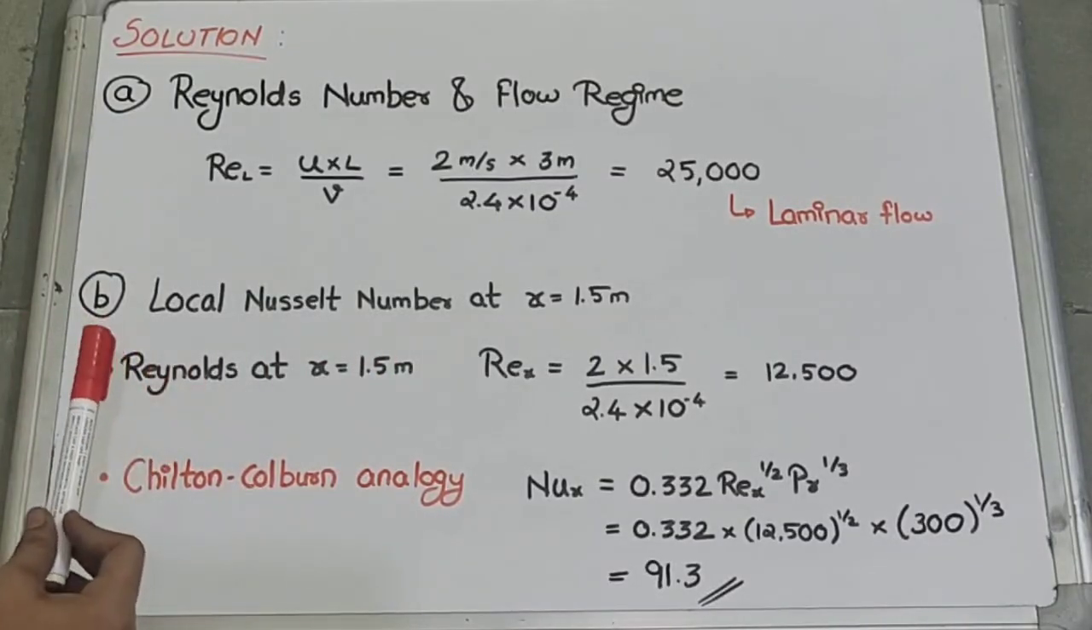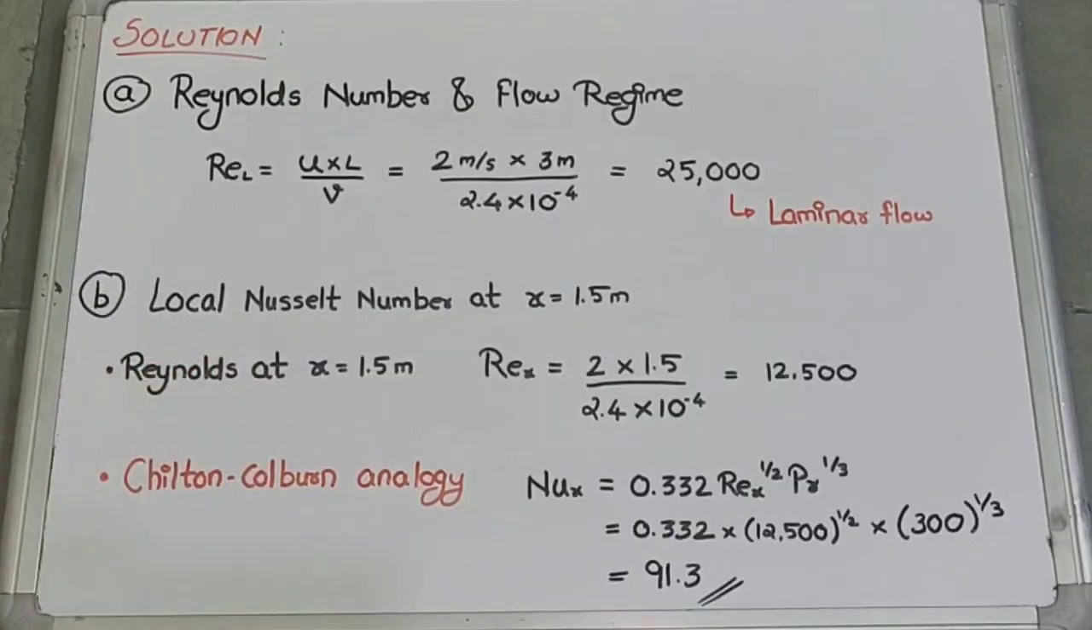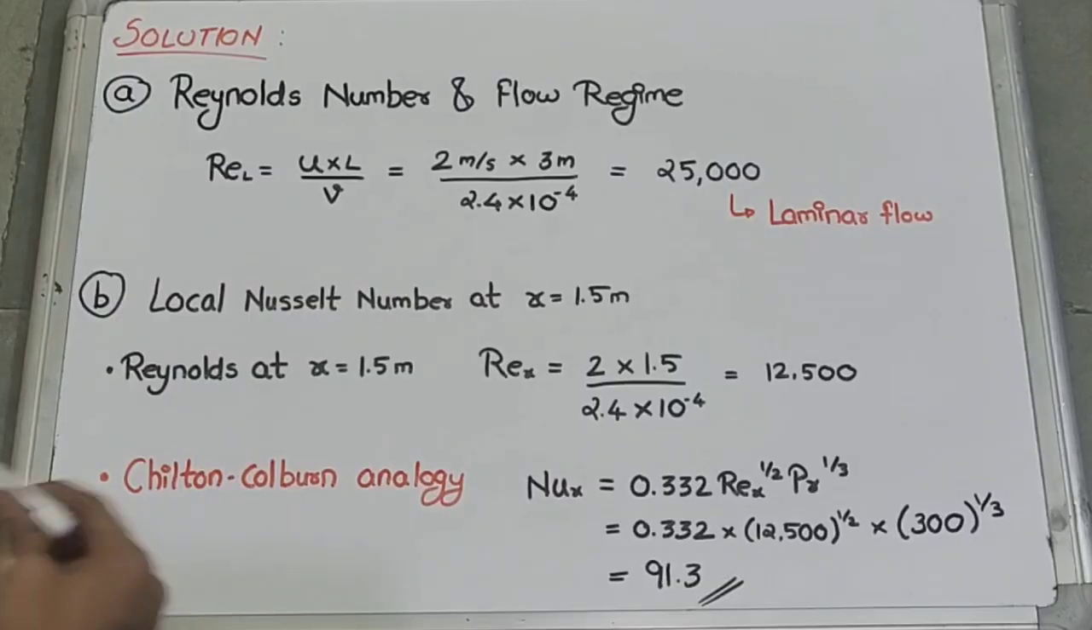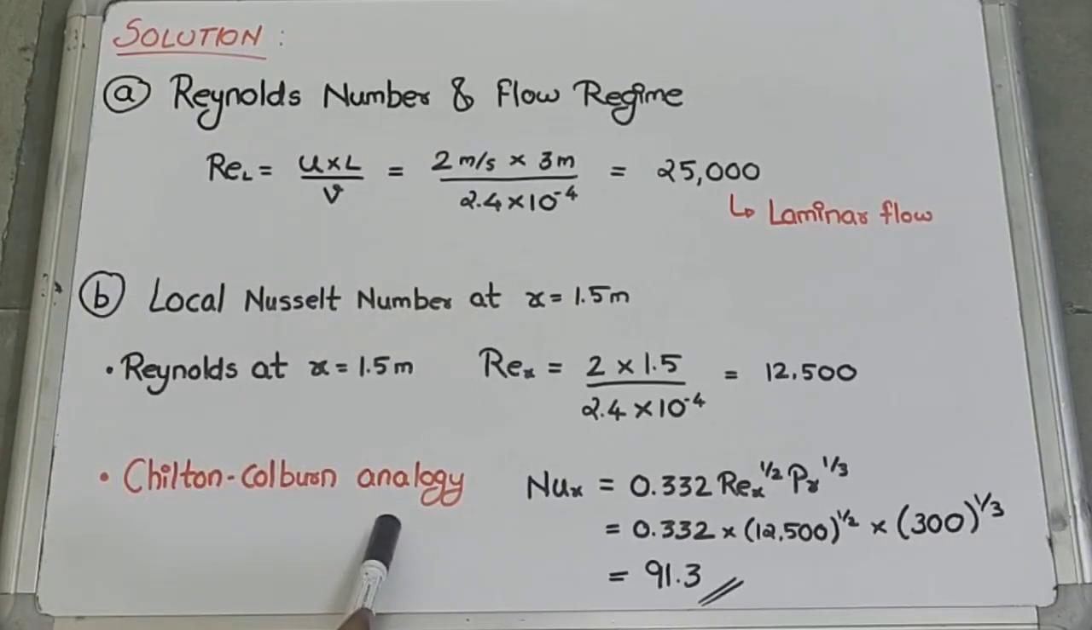At x = 1.5 meter, we find the Reynolds number using the same formula as in part A. So using x = 1.5 meter, we get Reynolds number as 2 × 1.5 divided by 2.4 × 10^-4. The value of Reynolds number at x = 1.5 meter comes to be 12,500, which also indicates it is a laminar flow. At this Reynolds number value, we use the Chilton-Colburn analogy